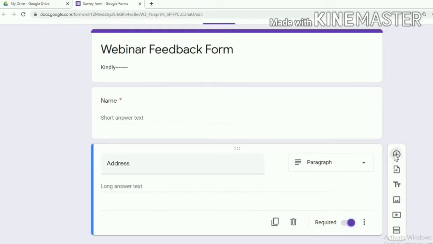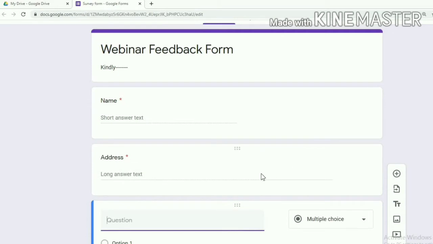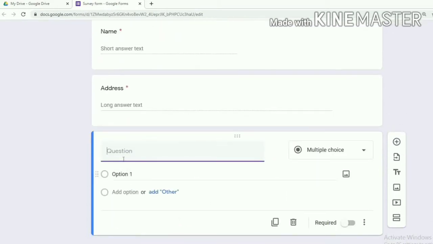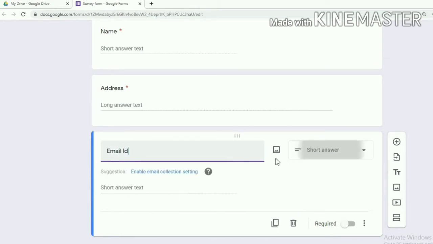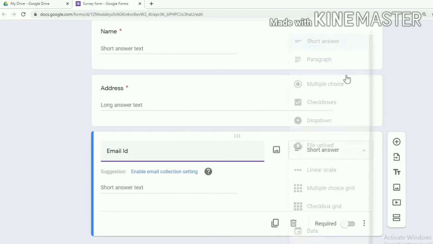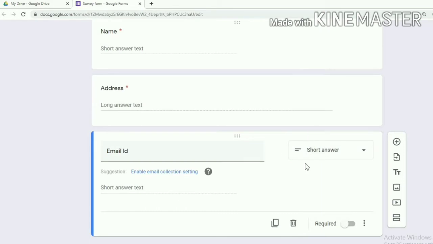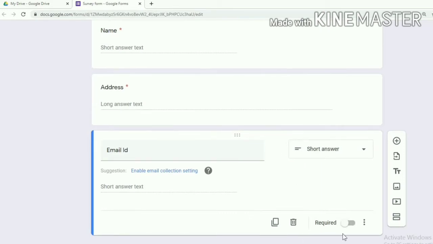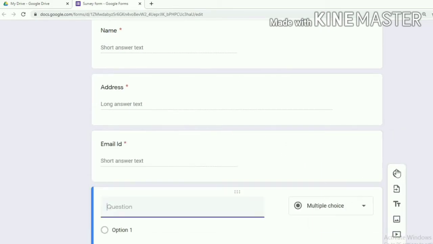So here you can click email ID. Email ID is also under the short answer type question. You have to choose the short answer type. Maybe required question. Required means it is a compulsory question.